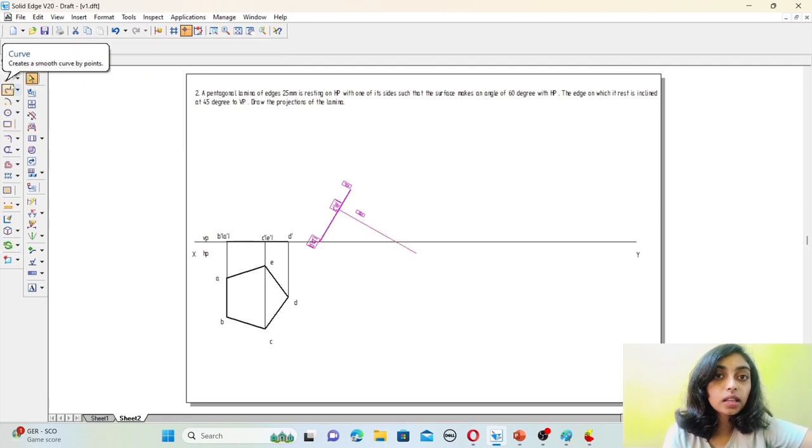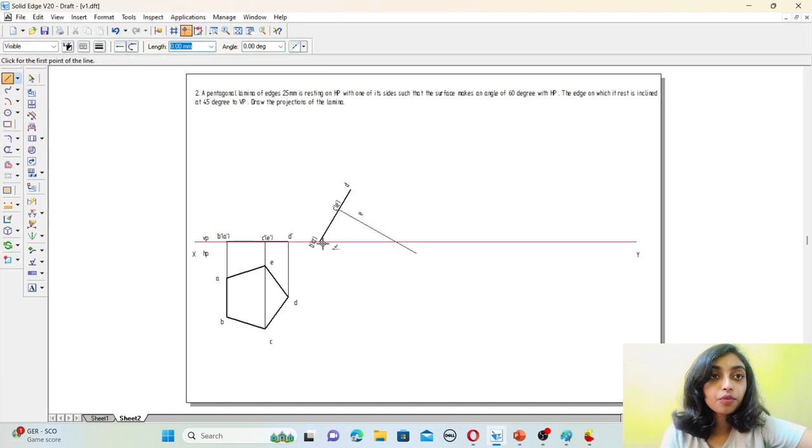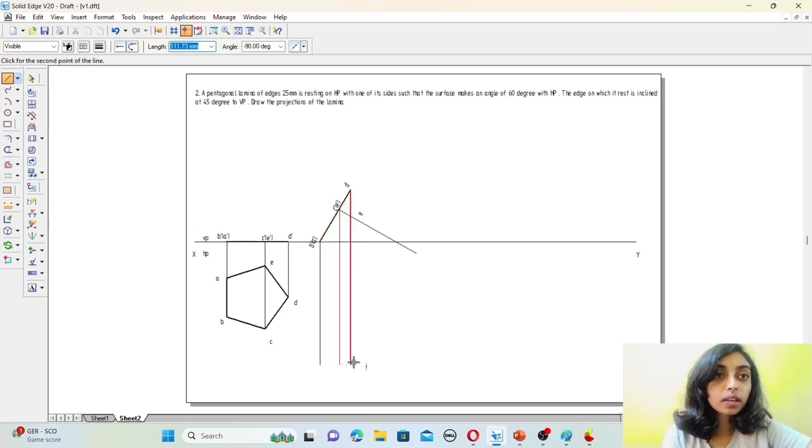Now extend the lines, select 0.13 mm thickness. Extend these lines. Then you can use the trim option.